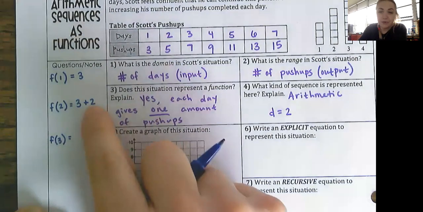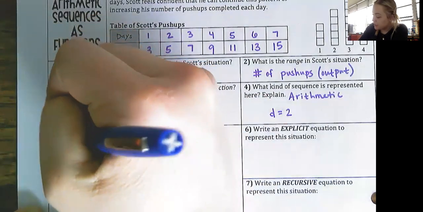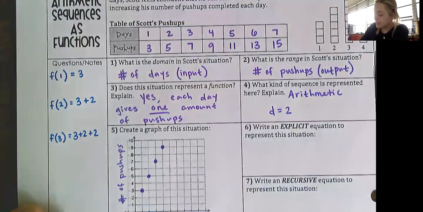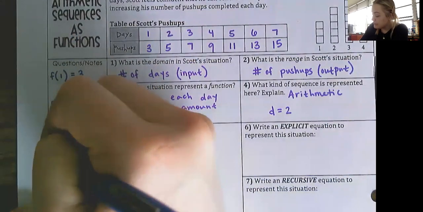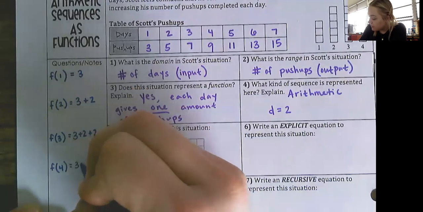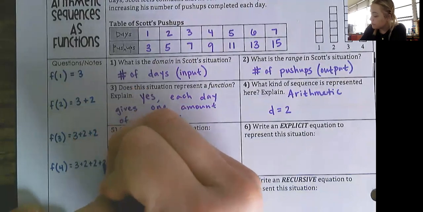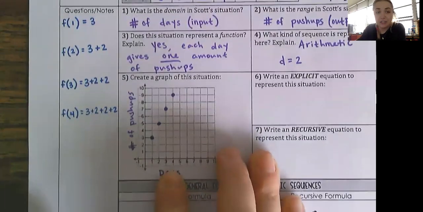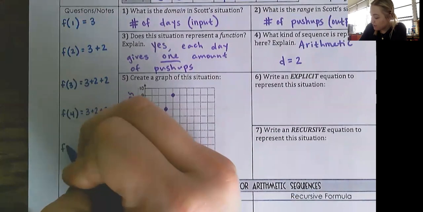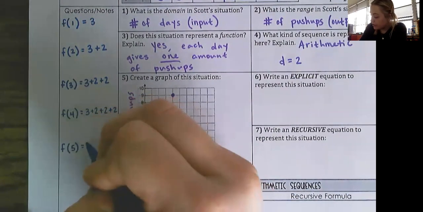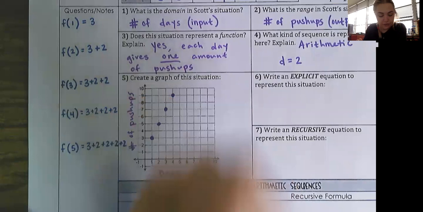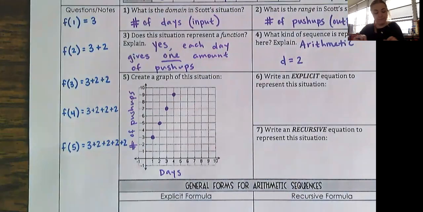Well, we took f of 2, which was 5, 3 plus 2, and we did 3 plus 2 plus 2. Okay, let's do this again. F of 4, again, we're leaving a space, was 3 plus 2 plus 2 plus 2. So that's 5, 6, 7, 8, 9 at f of 4. I'm starting to see a pattern. I hope you are too. F of 5 was 3 plus 2 plus 2 plus 2 plus 2. Okay, now we are going to